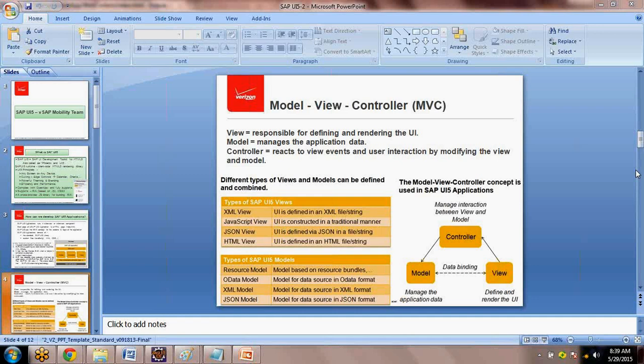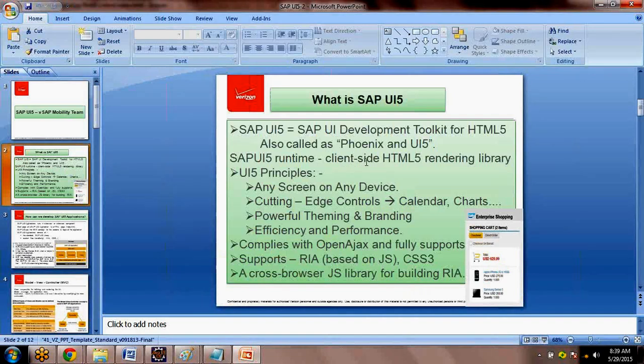That's what I said. UI5 library is a browser or client-side library. If you see the UI5 definition from yesterday, whatever libraries you use will be rendered and understood on the client side only. It's a client-side JavaScript library. If you look here, it's a client-side UI5 rendering library. So whatever you use will be on the client side only and does not go to the server.